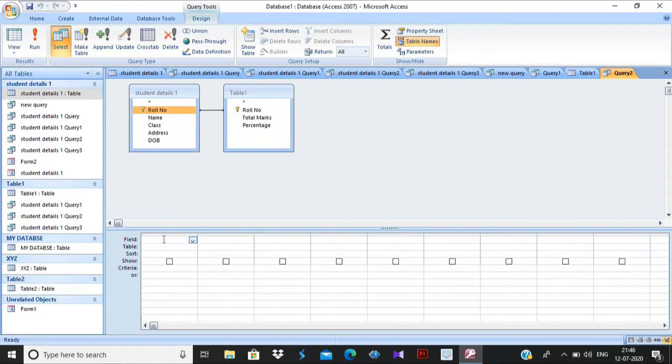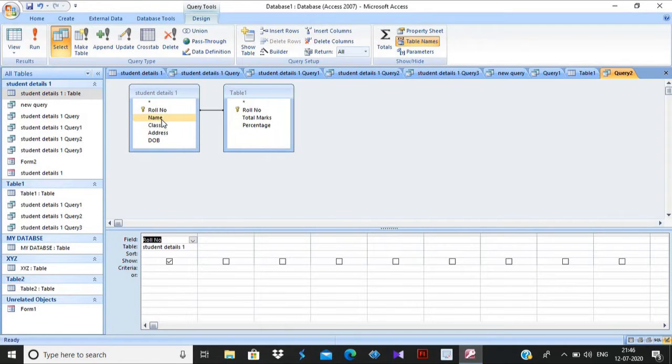Now in the query, what are the fields you want to enter? If I want to search any data, what are the details you want to search about it? First of all, suppose I want roll number, so I double click on it and it will come here.